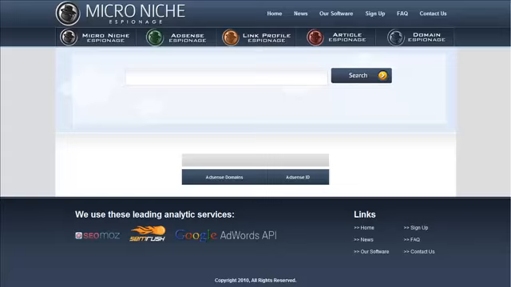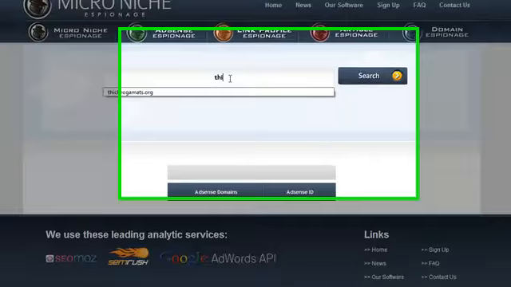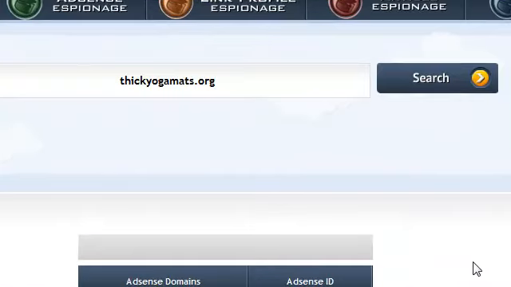What this tool allows you to do is to take the domain name or the AdSense publisher ID of any site, paste it in, do a search, and you'll get back a list of other sites owned by that same person, by that same AdSense publisher. So let's take a site here. We'll use thickyogamattes.org, and we're going to do a search,